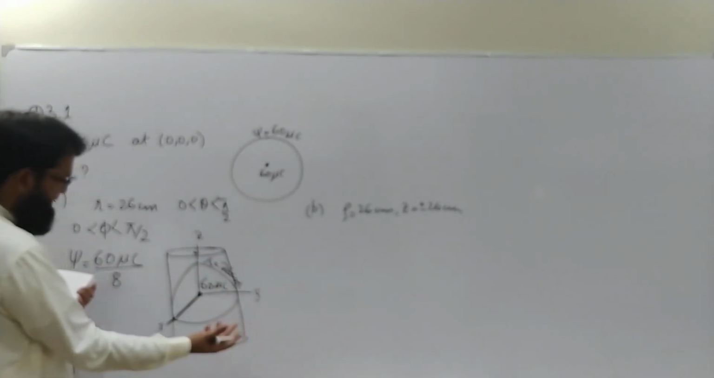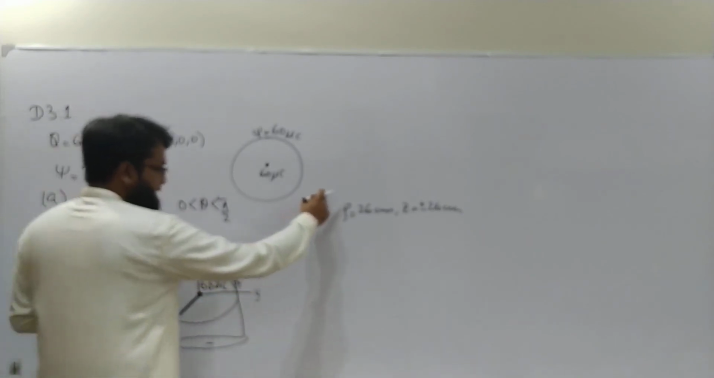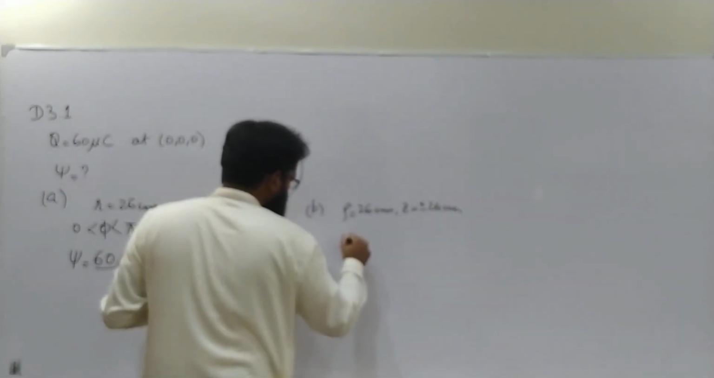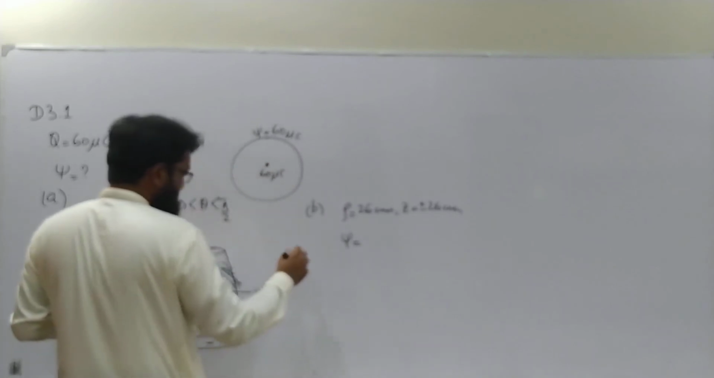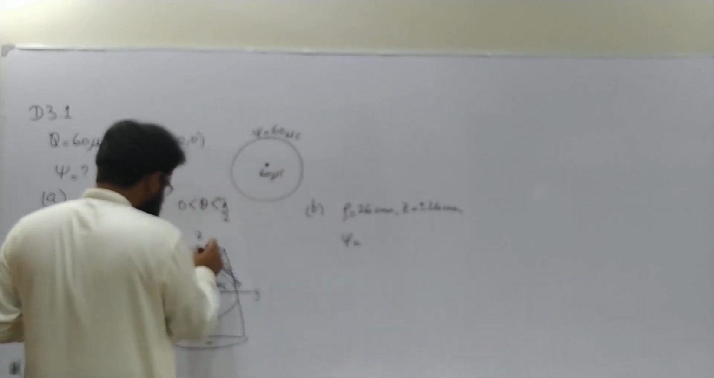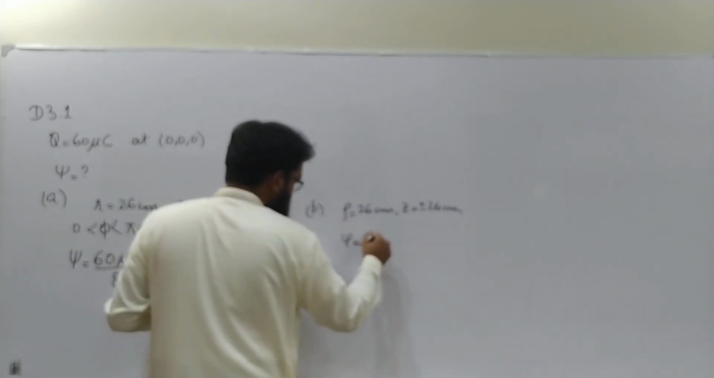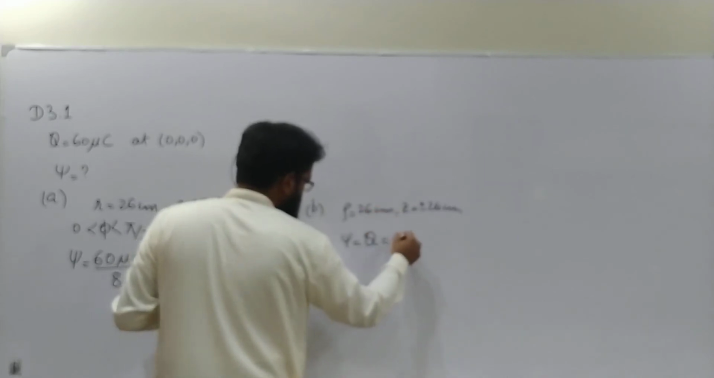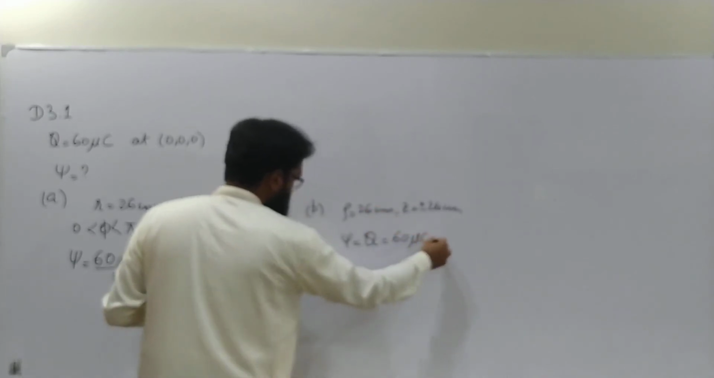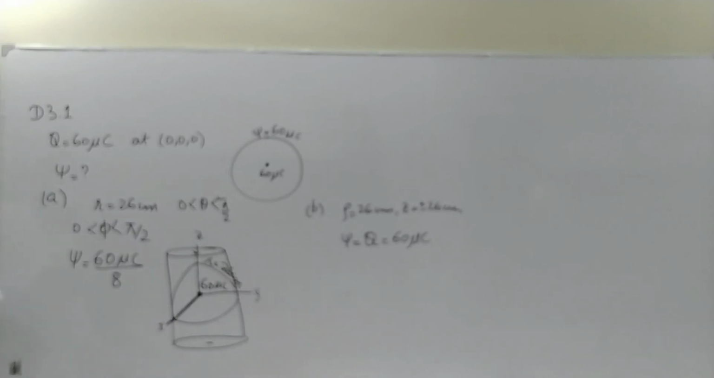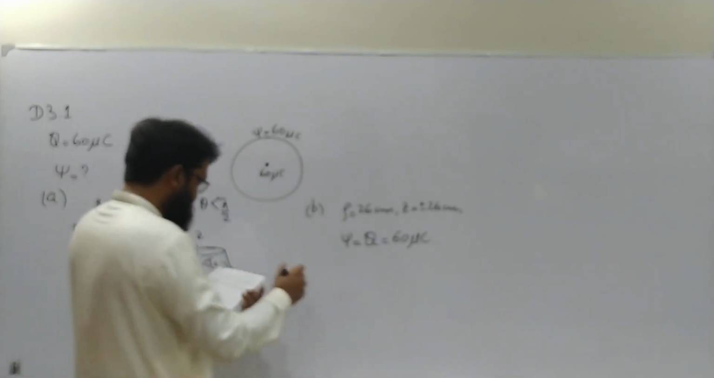present at origin. All of the charge is enclosed inside this closed surface, so that much flux will come out from here. So the amount of flux leaving this surface will be equal to the charge enclosed by this surface. So in this case the answer would be 60 microcoulombs, because this surface, rho equals 26, z equals plus minus 26, is enclosing the whole of the charge which is located at origin. Part C,